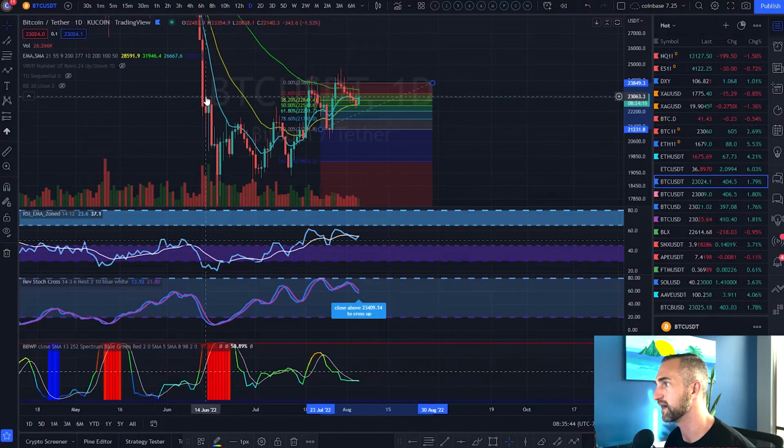look, Bitcoin on June 14th, going back almost 3 months ago, June 14th, 23,000. Today, we're at 23,000. So, give or take a few bucks, right? So pretty sideways and boring for the last 3 months.